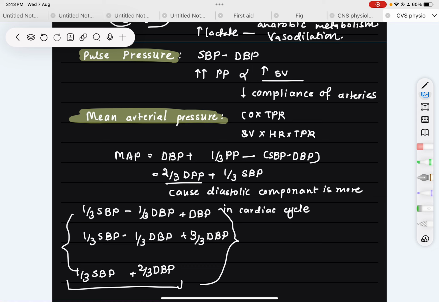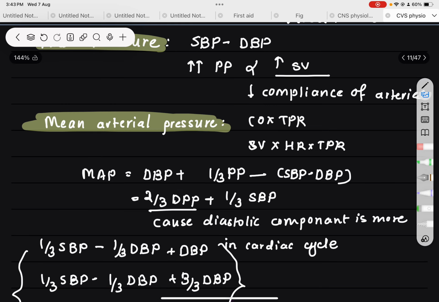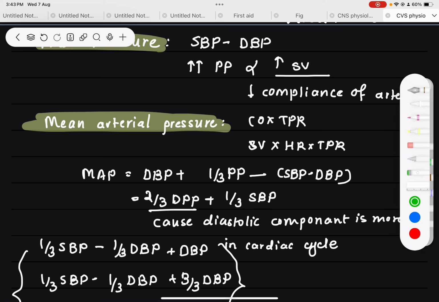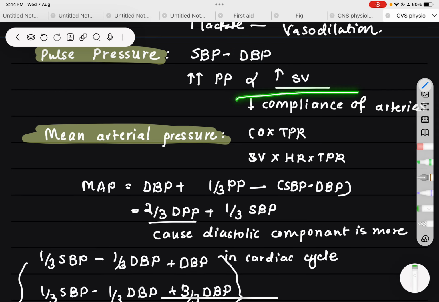Now the difference between these two, that is systolic minus diastolic, is pulse pressure, and pulse pressure can be increased if systolic blood pressure increases or diastolic blood pressure decreases. So for systolic blood pressure to increase, stroke volume should increase. And for diastolic blood pressure to decrease, there should be a decrease in the compliance of arterioles. That's why pulse pressure increases if there is an increase in the systolic